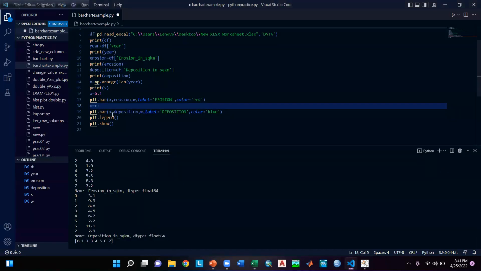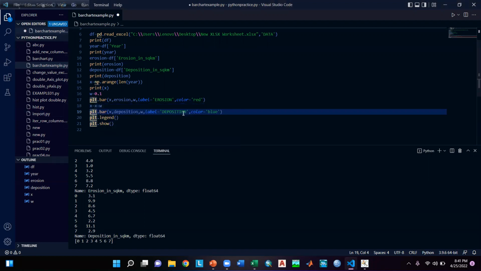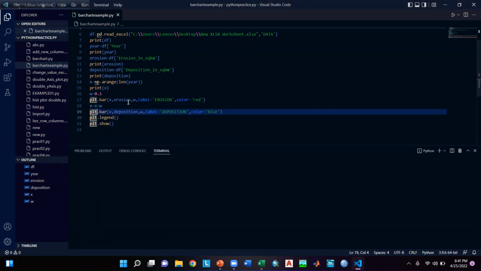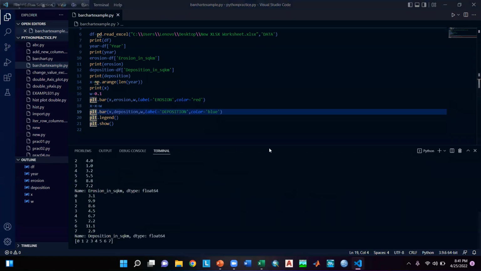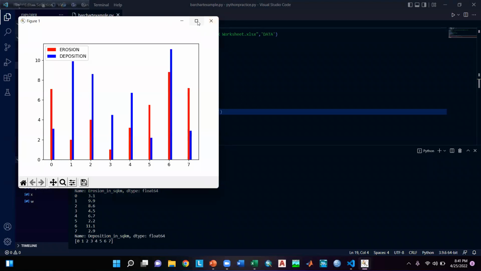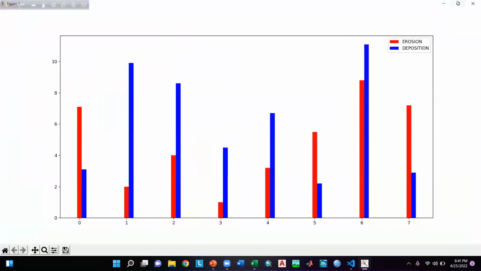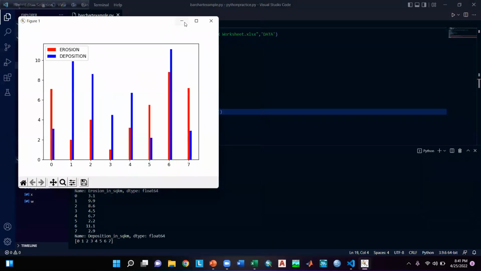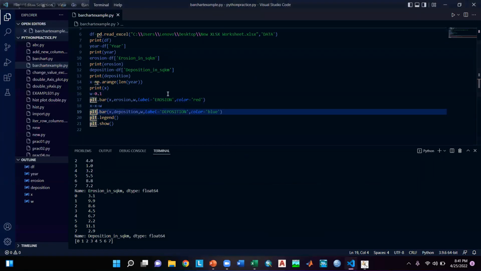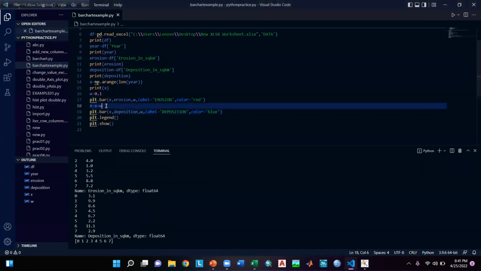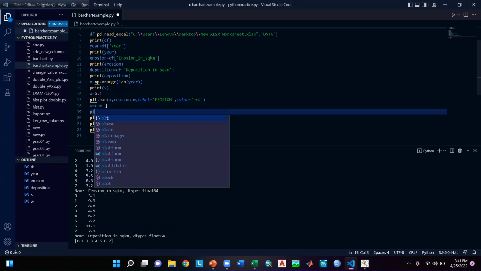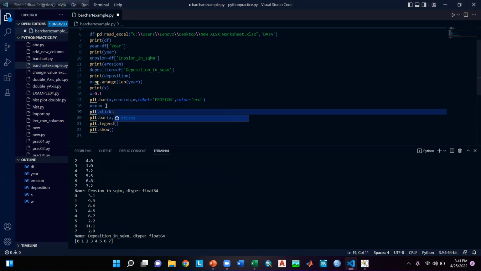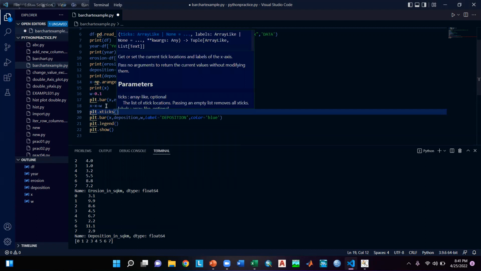So if you write x equal to x plus w, then write this and then again give a run. You can see that our plot is ready. But now you have to do another thing. Suppose after that x equal to x plus w, I will write plt.xticks. Then I will write,